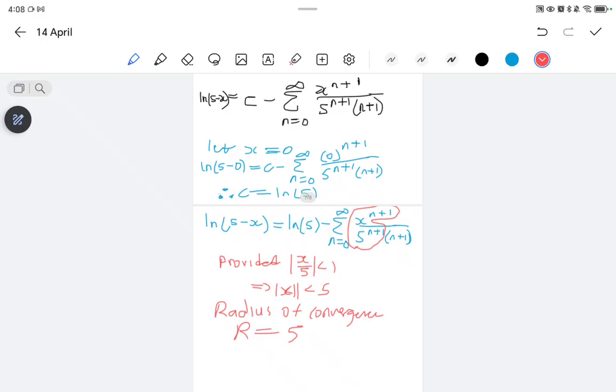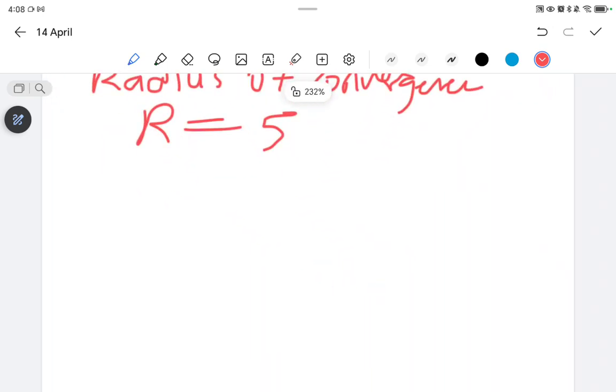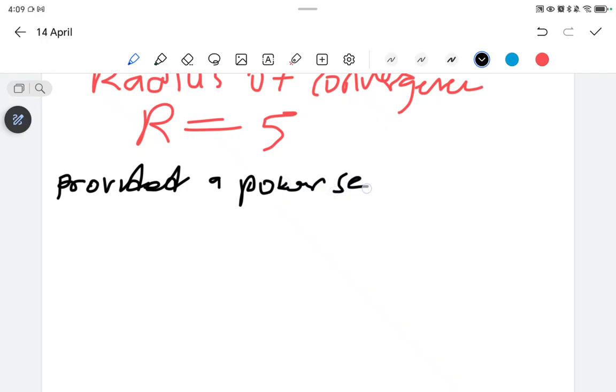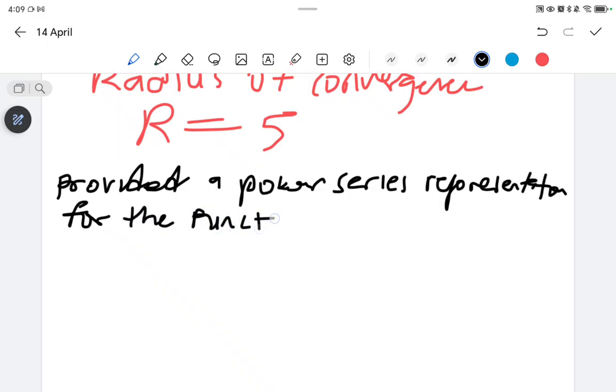Now we can come to Taylor series. So now when we come to Taylor series, let's assume that if we are provided a power series representation, let me say for the function f of x about x equals 0,